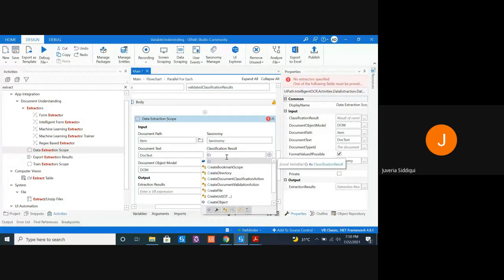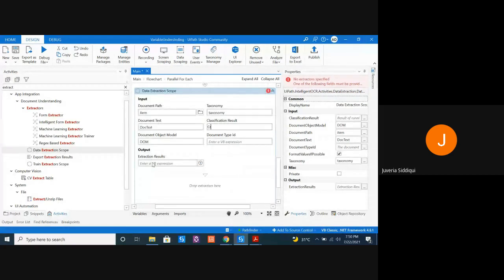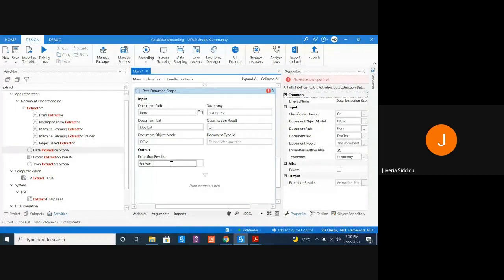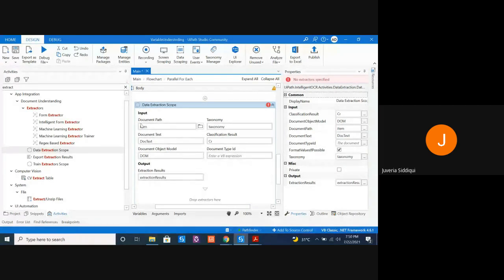If you want to use document type ID even when you're classifying, it's totally up to you. Extraction result is again an array. So whatever is extracted will be stored in this extraction results data under the data extraction scope.